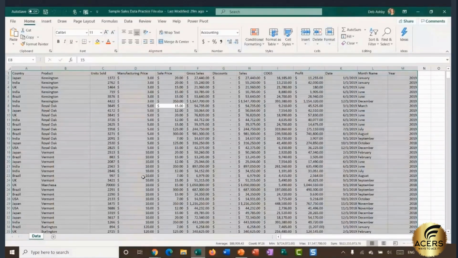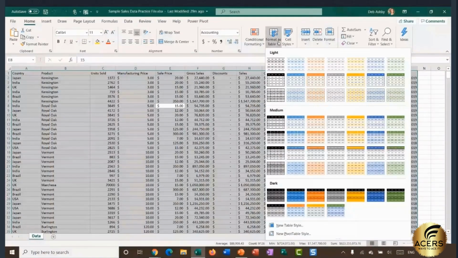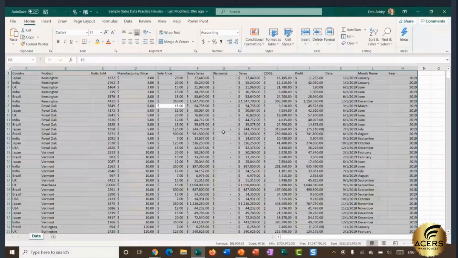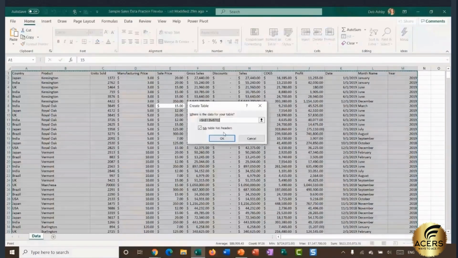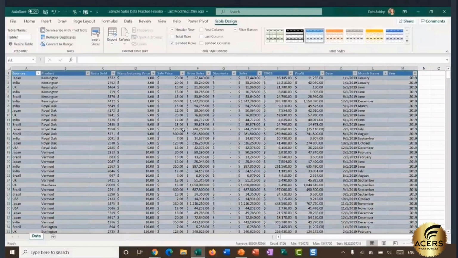You can go to your home ribbon, and in the styles group, you have a format as table drop down, so you can select any one of these. A quicker way is to press the keyboard shortcut Control T, which is the create table shortcut. It's going to say, where is your table data? I selected mine prior, so it's picking up all of my data. I'm going to say yes, my table has headers, click on OK,